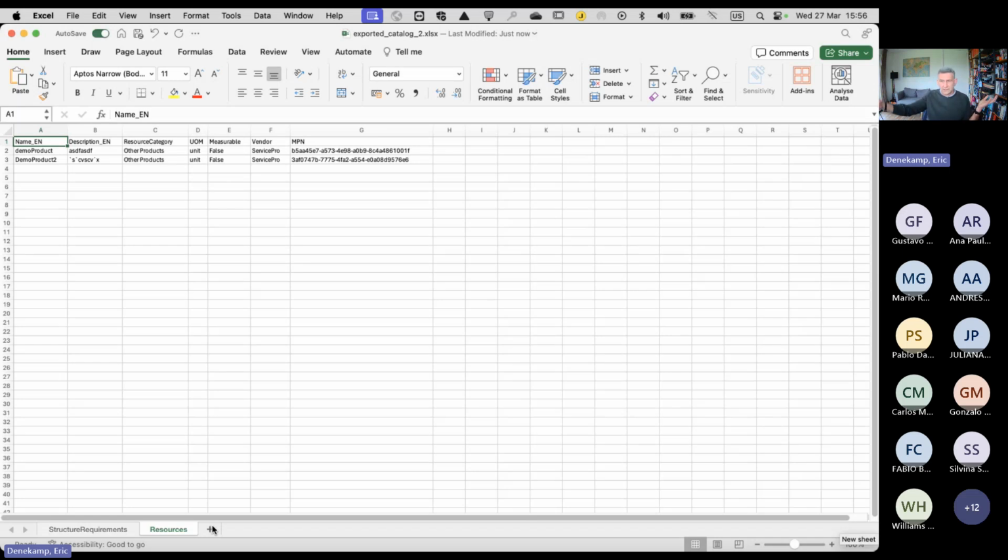I need to add a plan periods tab, a resource rates tab, etc., etc. So depending on what the system knows about this, it will export the information.